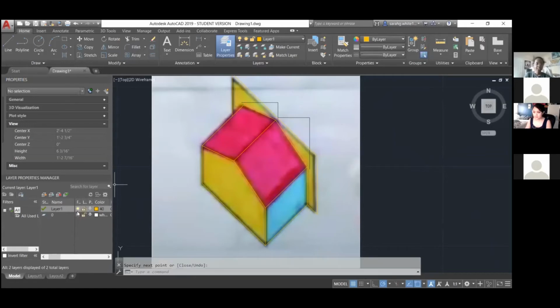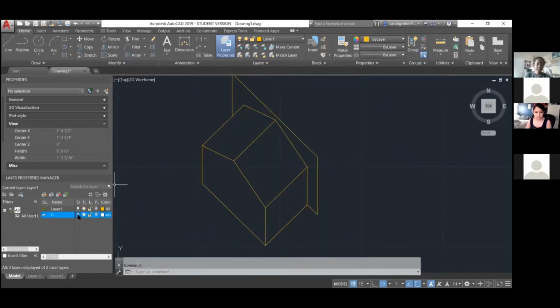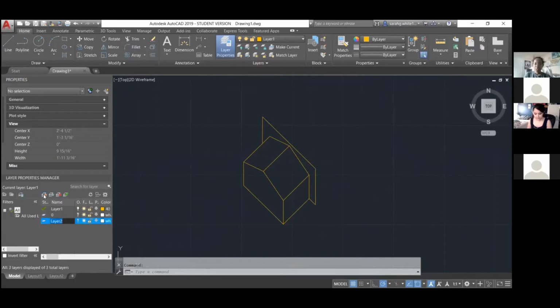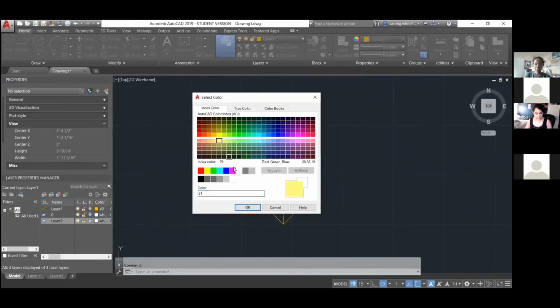Beautiful. And so then, if you go over here, you can hide this, and you have the beginning of your beautiful axon. So yeah, we're going to go ahead and finish this drawing, but I do want to bring up